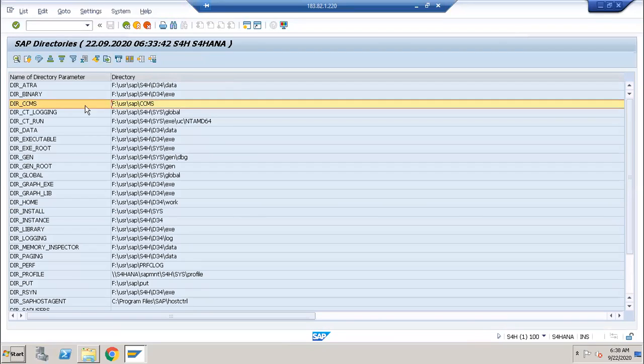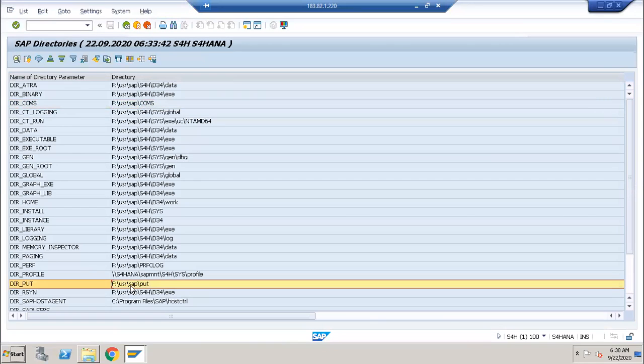Fine, I will take this one because the length is very small here. That's why I'm taking this one. Otherwise, this is also a small directory.